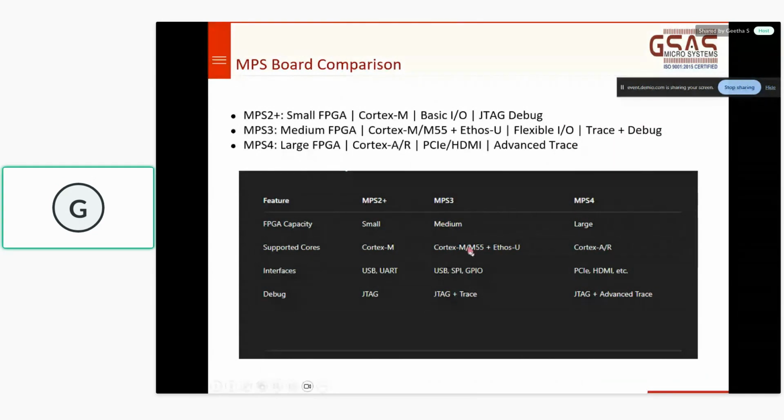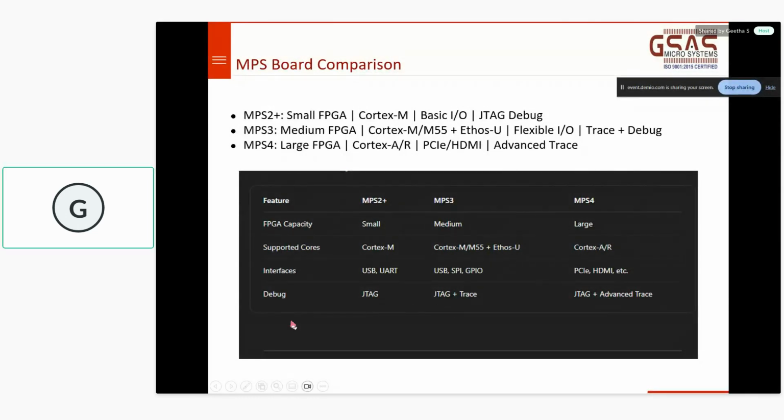MPS3 supports M55 plus Ethos U55 or U85 also. These are the cornerstone applications which ARM has given for MPS3. Then MPS4 has Cortex A or R. And you have peripheral interfaces: PCI Express, HDMI, higher end serial protocol based interfaces for MPS4.